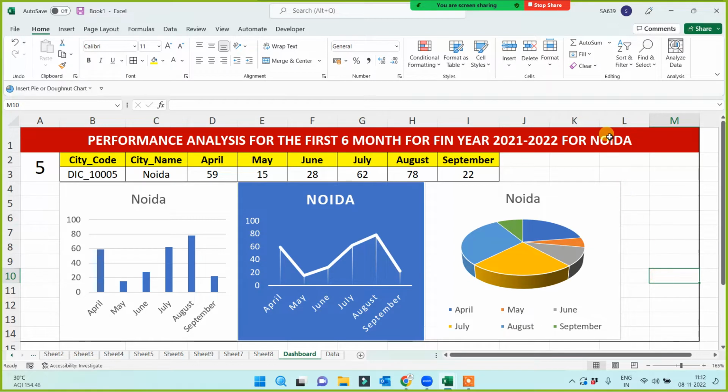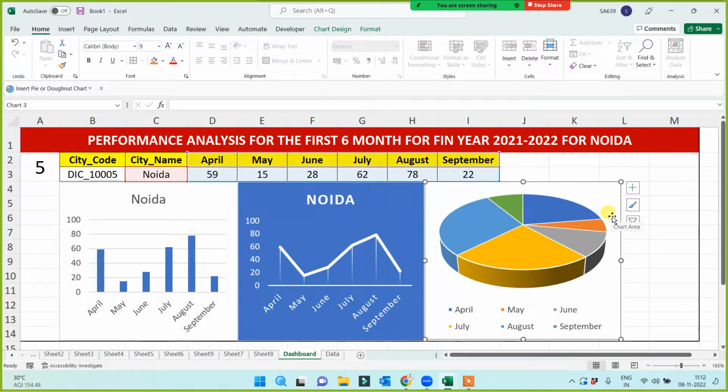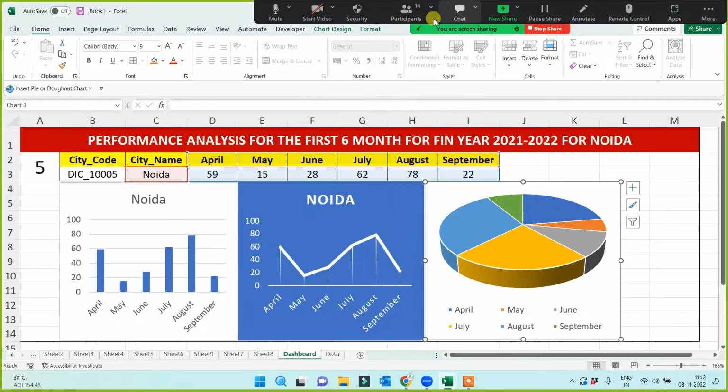Now the point is, we have a very good heading here with Noida. Noida is there, so no point of Noida here. So if you delete it,